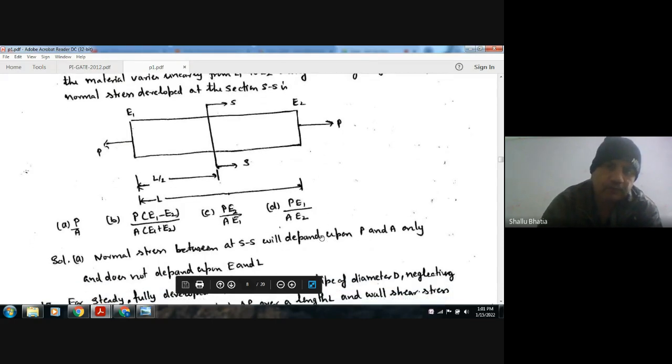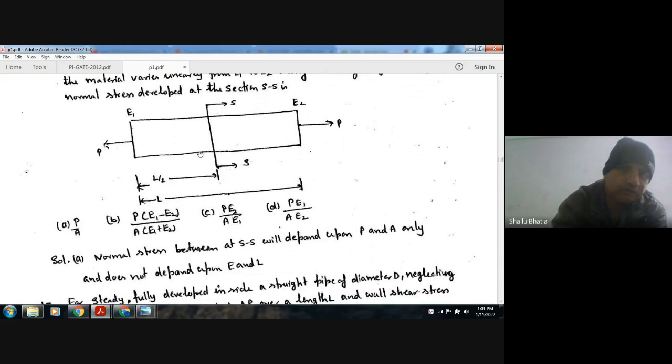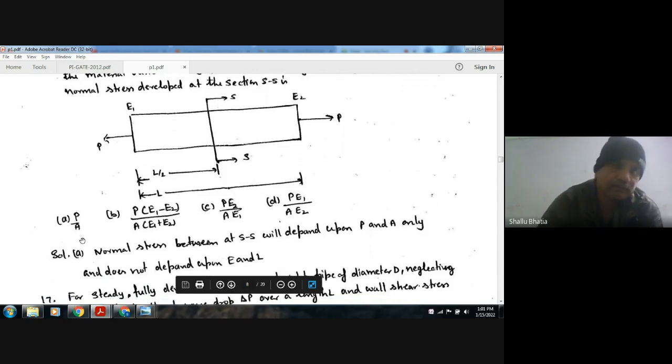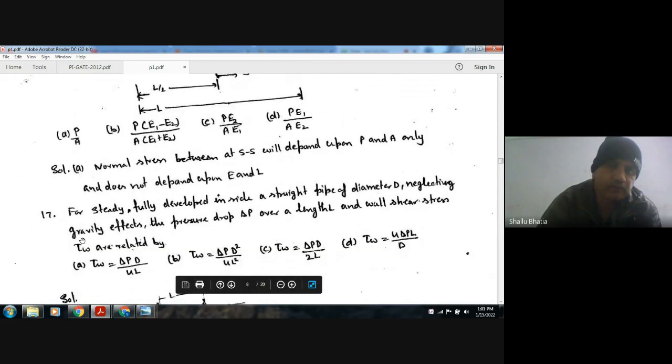So here the stress is only a function of the internal resistance per area. It doesn't depend upon E1, E2, etc., or Young's modulus variation, you can say. So the answer is P by A. Okay. Next,